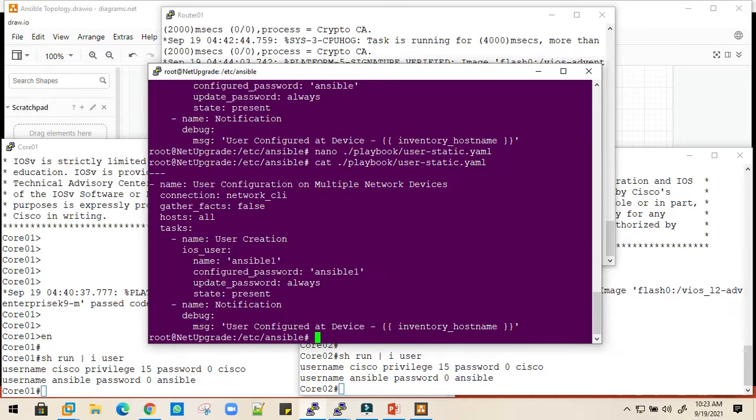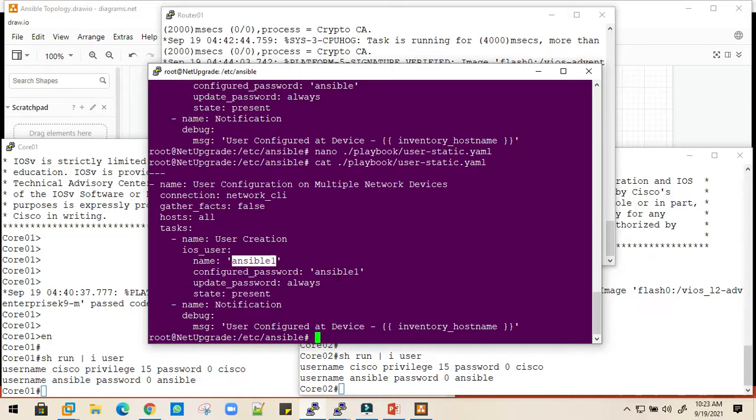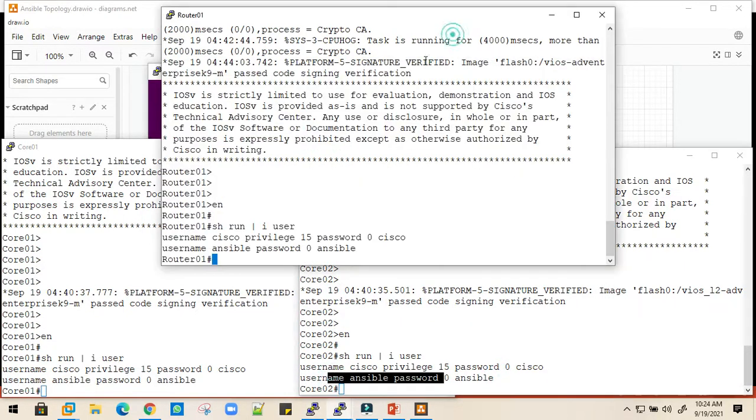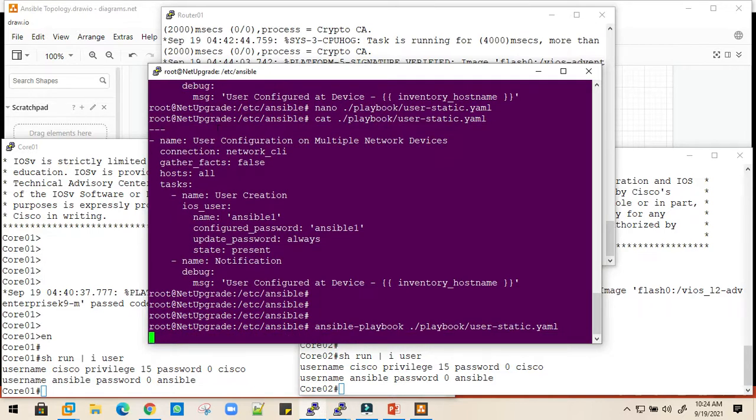Now we can verify: when the playbook is executed, it will configure one user named Ansible1 and the password will be Ansible1. As of now we have configured one user, Ansible, on all the devices. Okay, so let's execute this playbook with the same command, ansible-playbook and the name of the playbook. Let's execute.